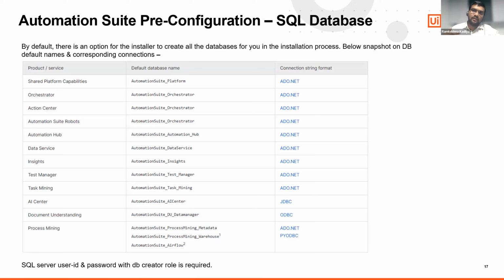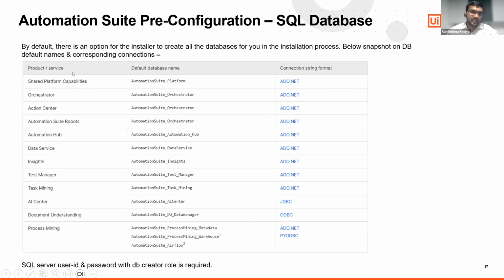When you install the automation suite, you can have two different approaches: you can let the automation suite create the database automatically, or you can create it on your own. But it is recommended that, based on the requirement, in usual cases we let the installer create the